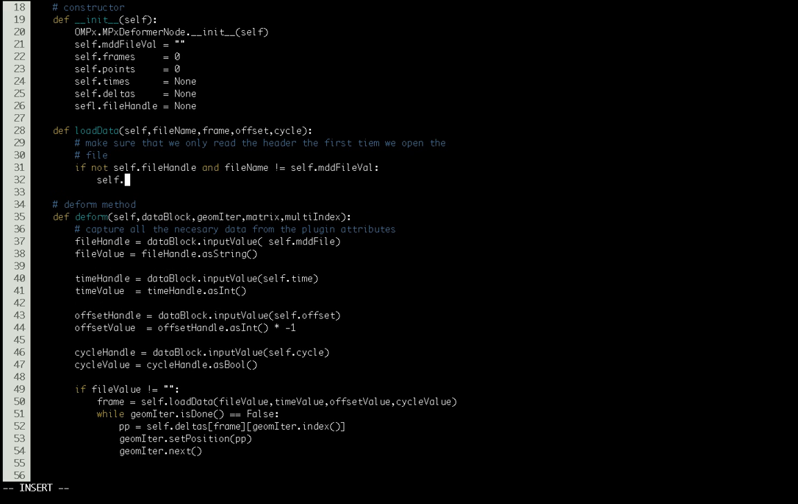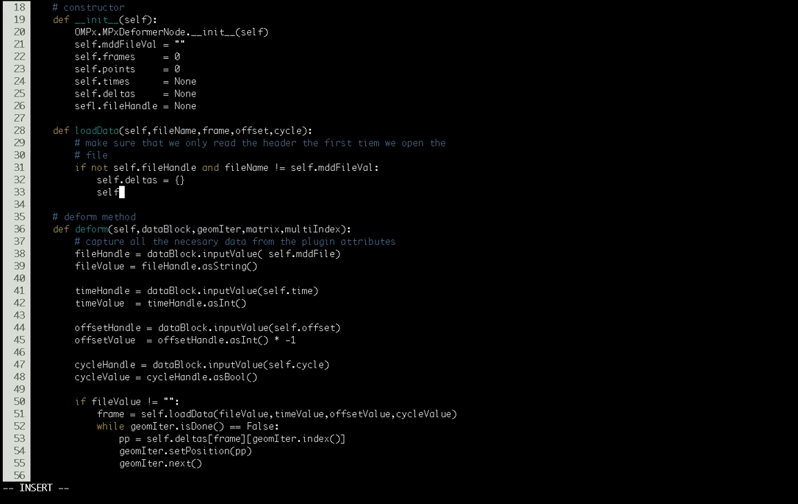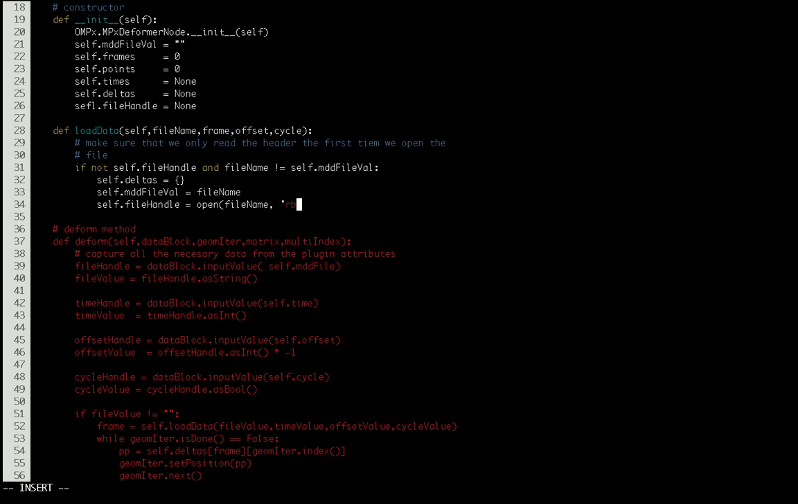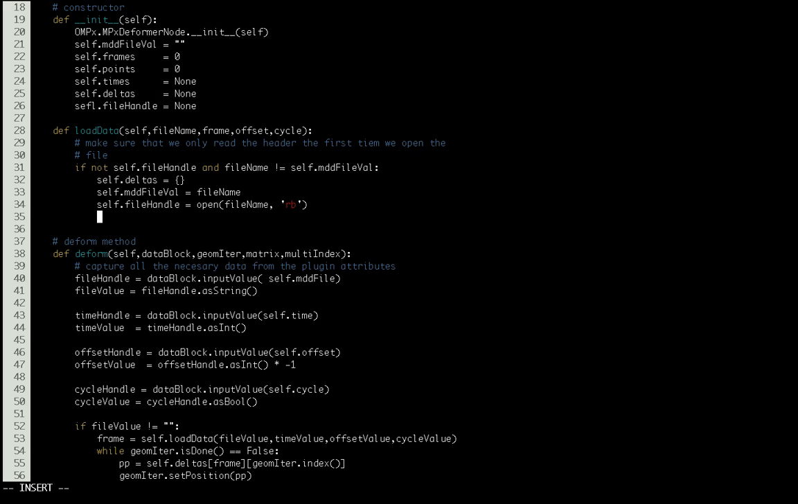We're going to do self.deltas, which we initialize to an empty dictionary. Self.mddfileval is going to be equal to file name. Then self.filehandle: we're going to go ahead and open the file, file name, but we're going to use this special code, which is rb, which means read binary, because the data is stored